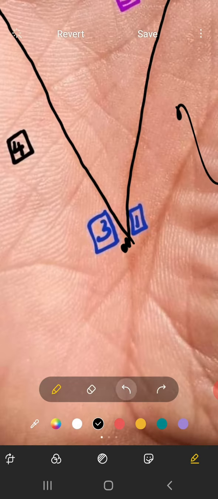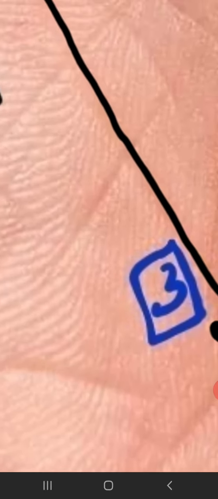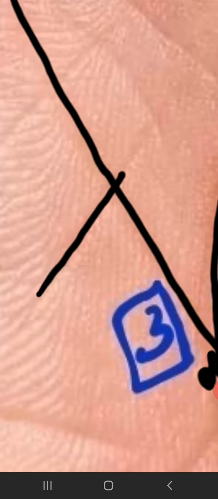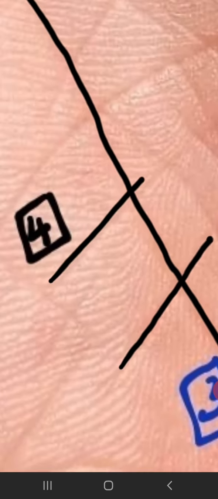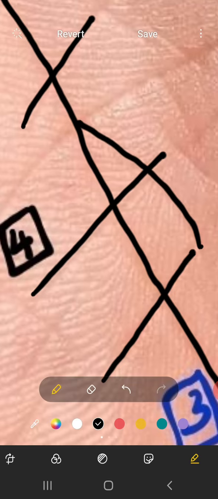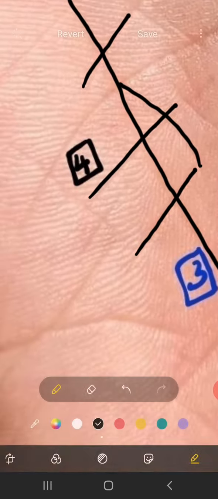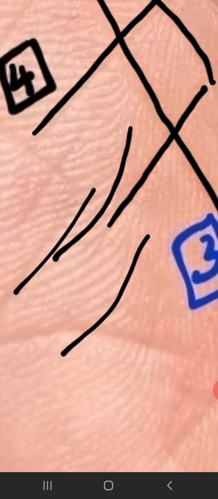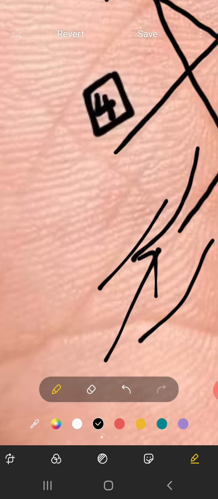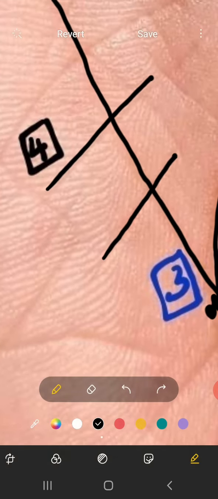So let us focus on the rekha here, which is the Buddha rekha. I'm going to zoom. See, 1, 2, 3. So you will see there is this rekha which comes like an island here. So there are 3 rekha which are afflicting or obstructing the flow of Mercury. These rekhas are linked to the ridges coming from the moon. It means in this palm, in this chart, the moon and the Mercury are not favorable to each other.